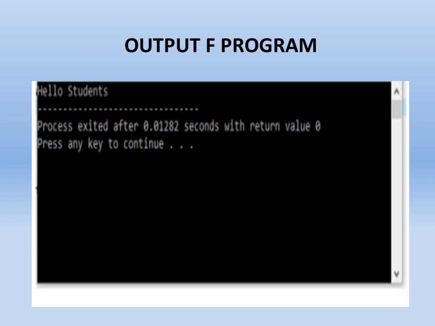Now see the output. It will print hello student. So the hello student message we have printed in the show function of the class student. But in the main function we create the object of the class student, std, and through that object we call the show function of the class student in which hello student is printed. So the output we get is hello student. It is because the object can access the data members and the member functions of the class.